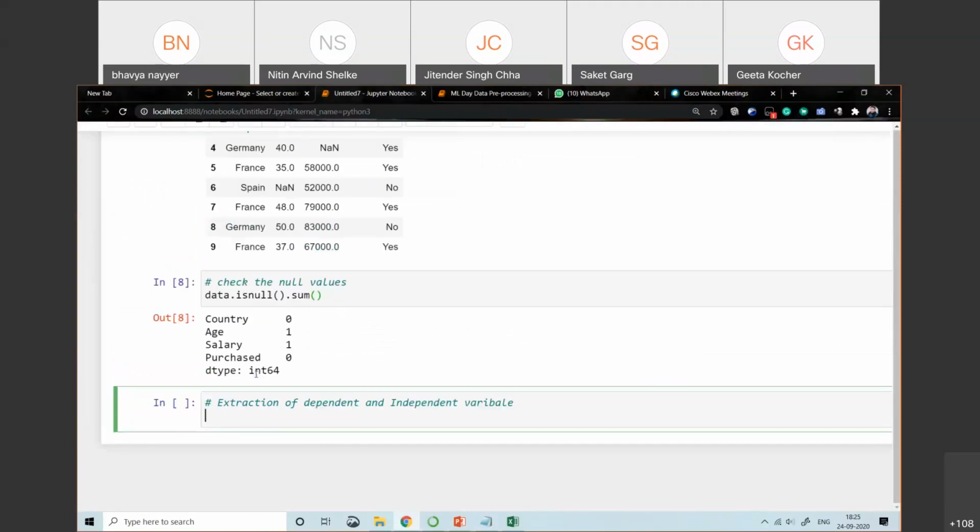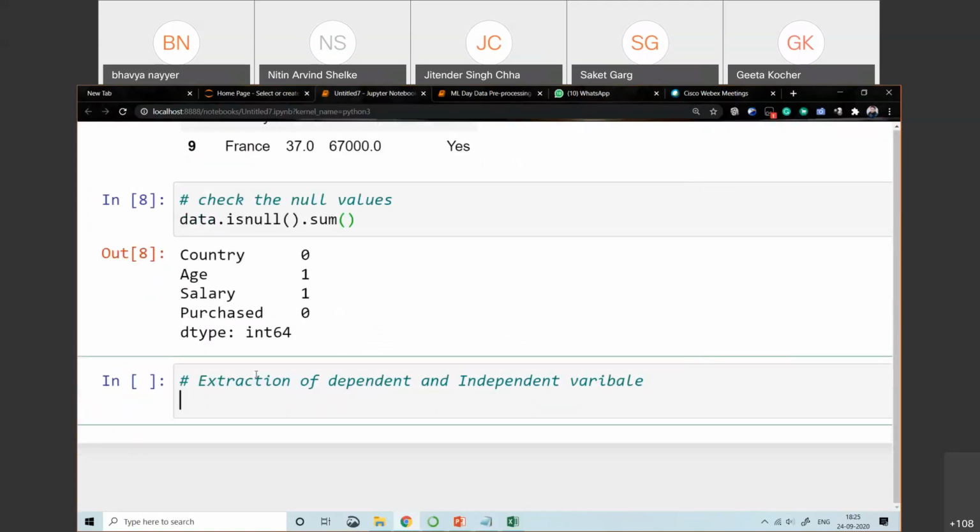Now, how to import the dependent and independent variable? Generally we use x as the independent variable. The independent variable should be first, and then the dependent variable.